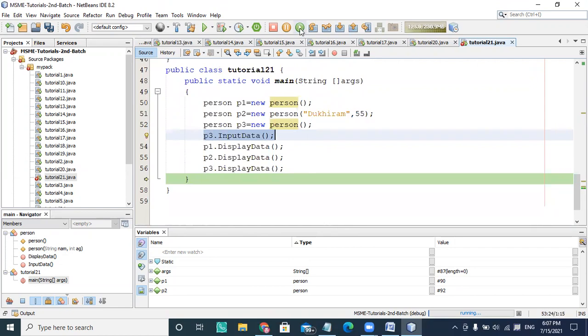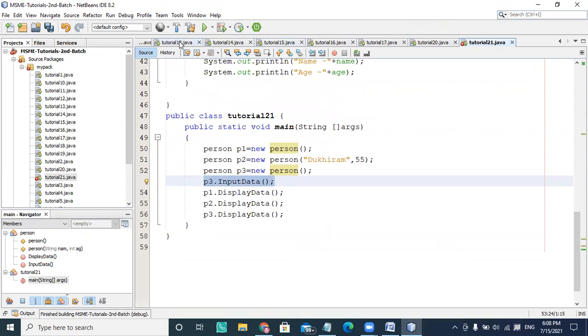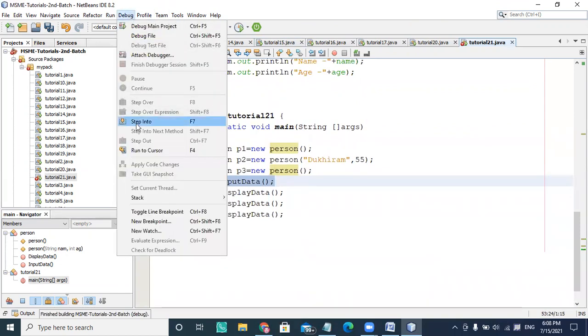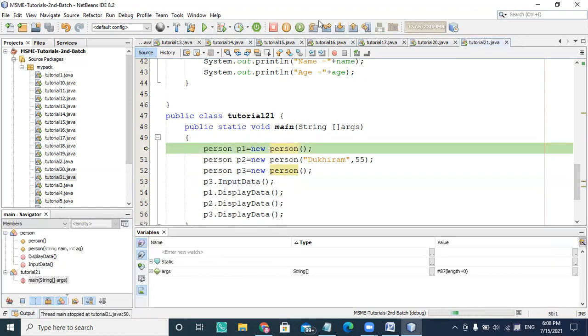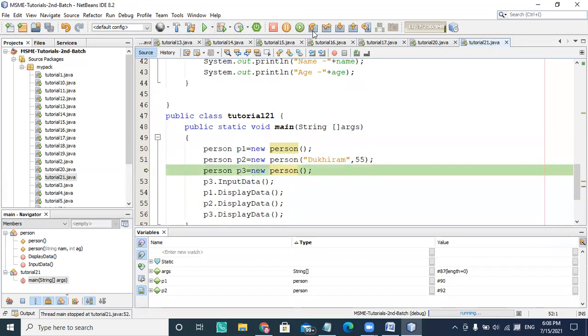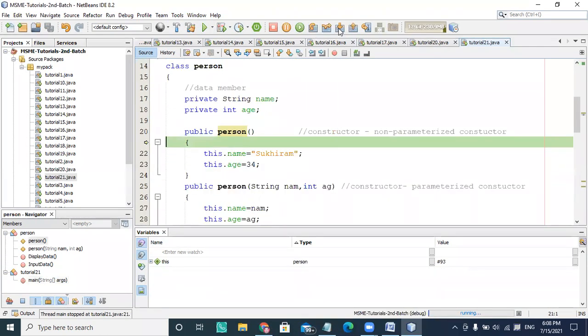If you want to see again, I'm showing the debugging part again here, and starting. So if you look at p1 and p2, I'm skipping the p1 p2 part here. So p1 is initialized, p2 is, look at the p3 initialization here. So I'm going inside there. So p3 is getting called because the constructor is a non-parameterized constructor.